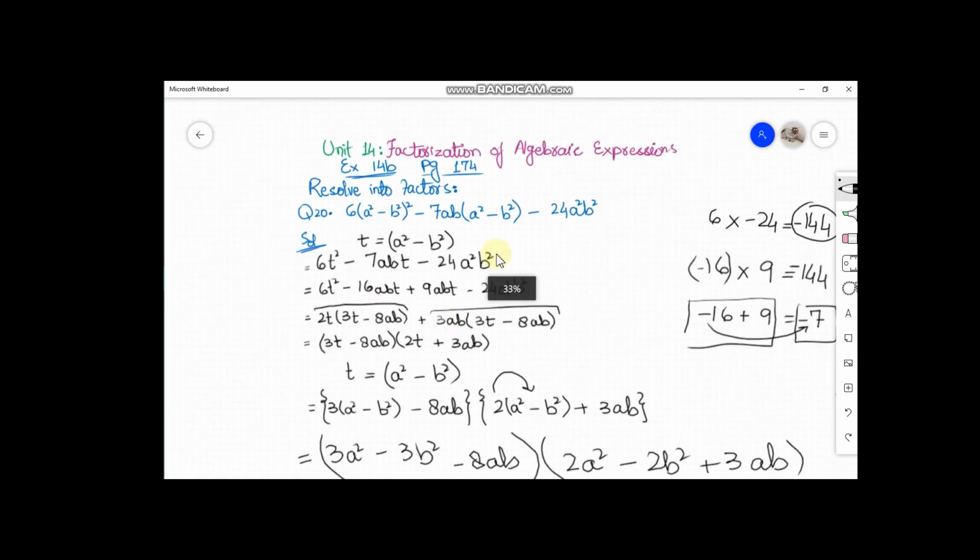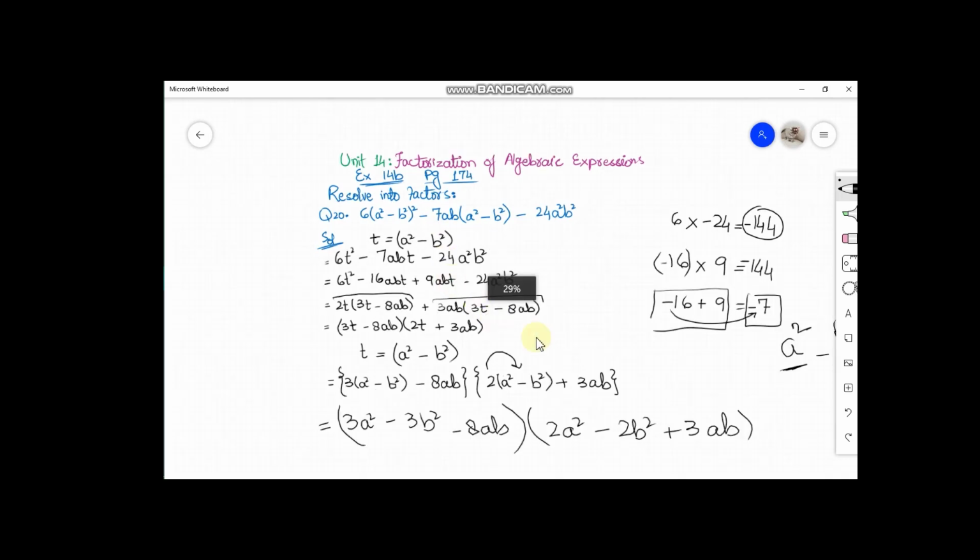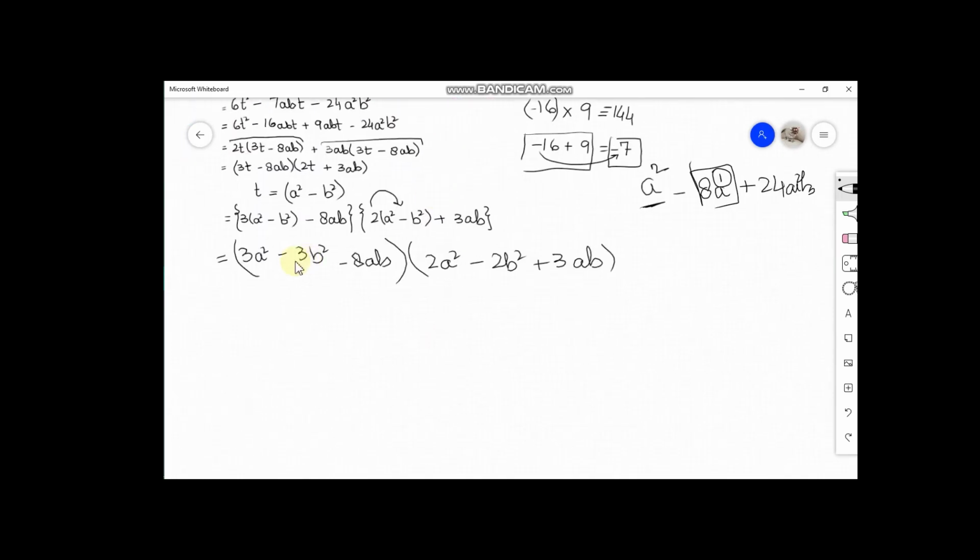See this question very carefully. We have higher powers in the last term and the first term, and in the middle term we have comparatively lower powers. So I have to keep in mind that before breaking the middle term I have to arrange these brackets. I have to put the value having the smaller powers in the middle and the values with the greater power at the ends. So it will become 3a square, the first term will remain at its place, minus 3ab because it has lower powers, so I will write it in the middle, and then 3b square.